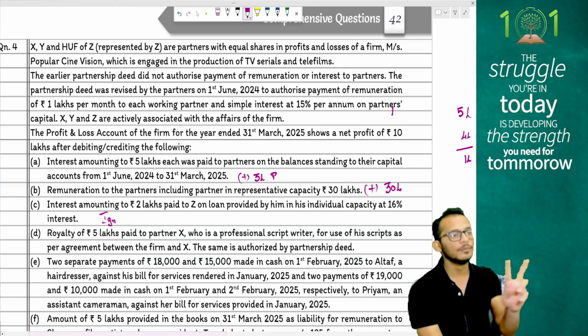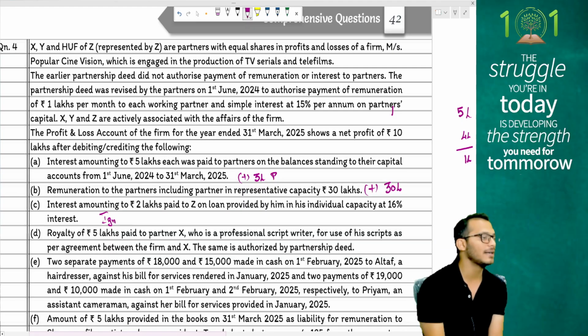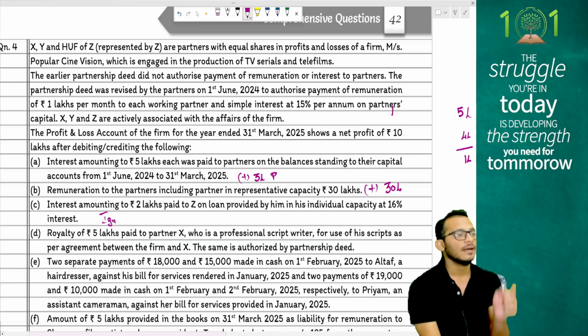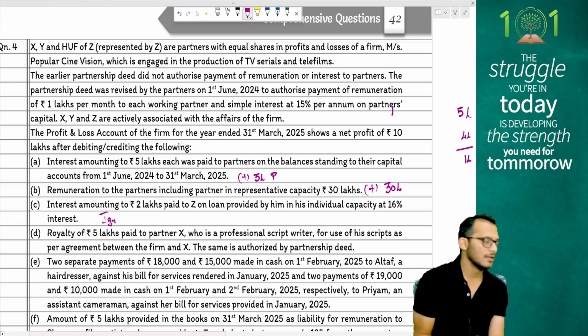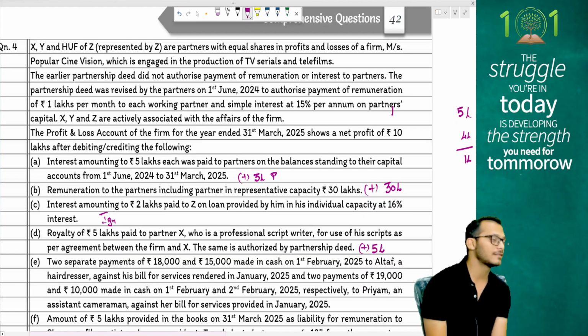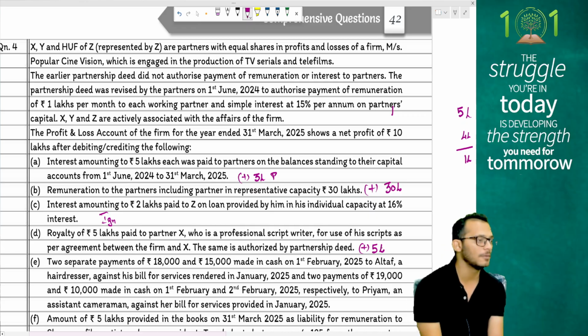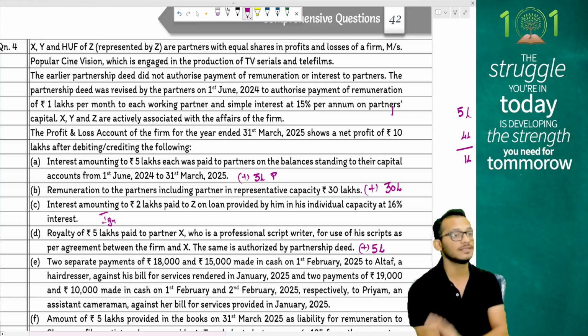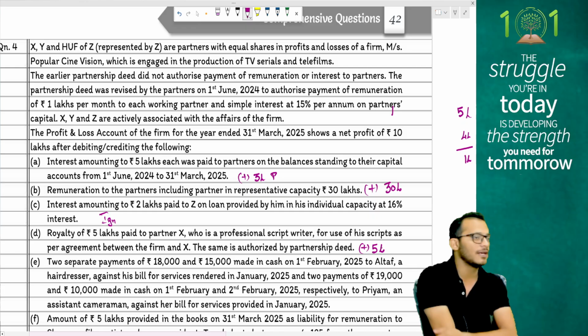Question: either I let it go as it is because it's an individual transaction, or I say X is my partner and therefore this is also salary, which is right. This is also salary and therefore it gets disallowed. I gave it in special adjustments very long back, people, where I told you any payment received by partners, whether it is royalty or any other element, will still be considered as salary, and will be checked for the purpose of book profits.